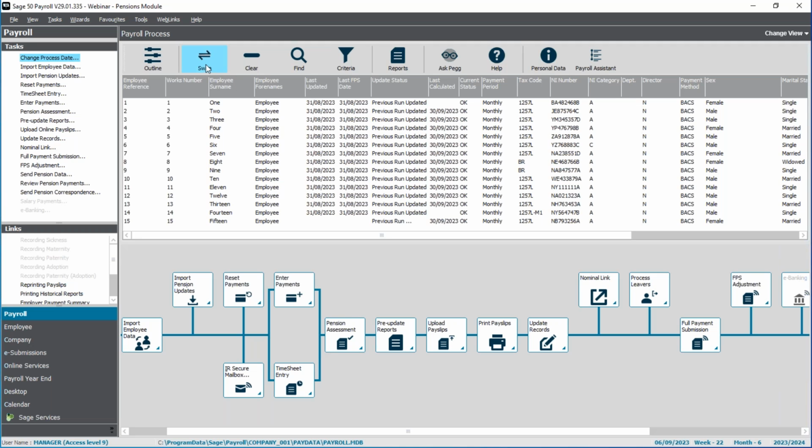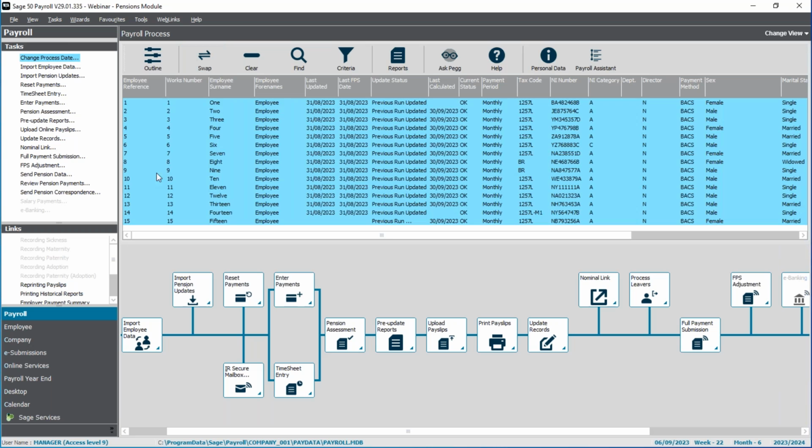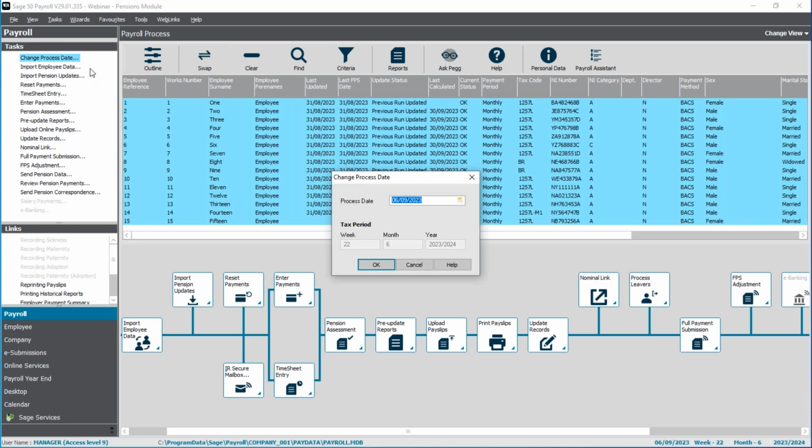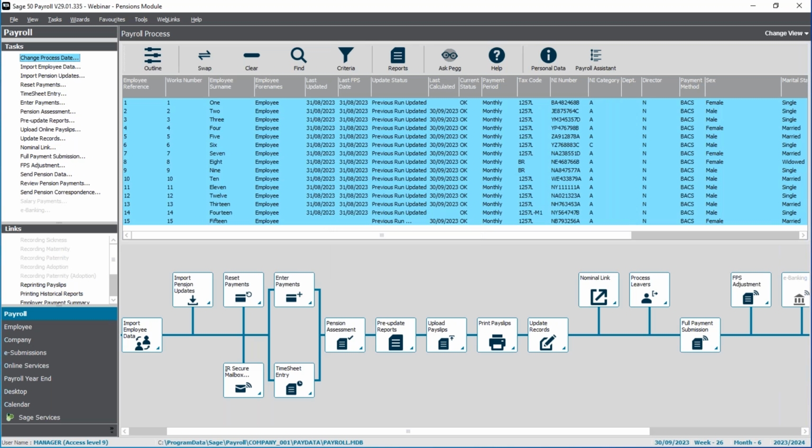So I'm actually at that stage in my pay run. So I'm just going to get everyone selected and I will just set my process date to my September pay date, which will be the 30th of September. I've been through and entered everyone's payments. So my next step will be to run the assessment. So if I click on this option on the left-hand side,